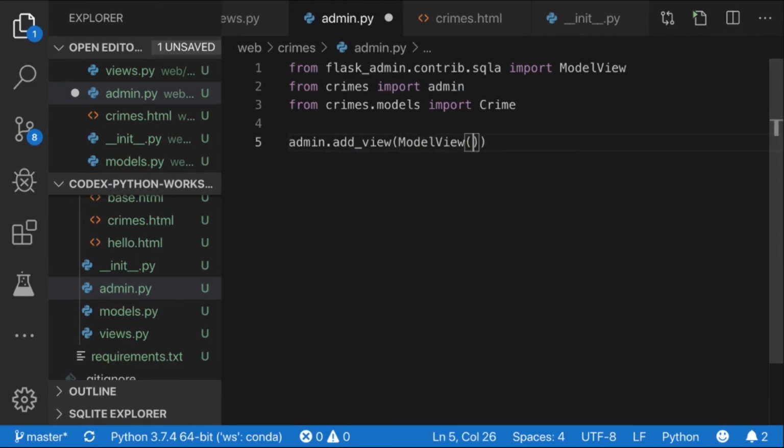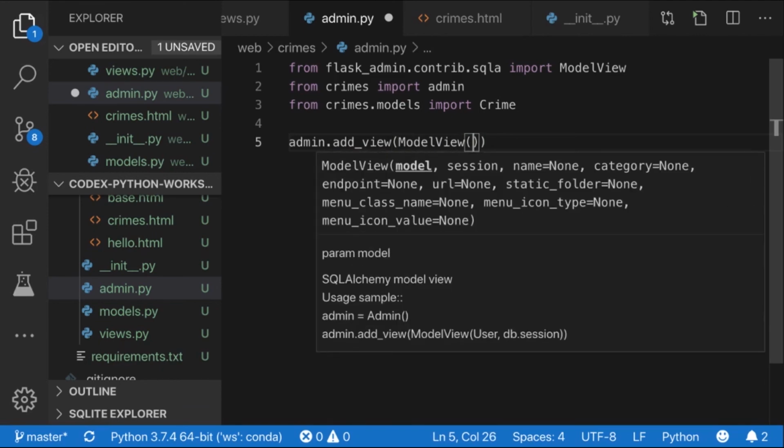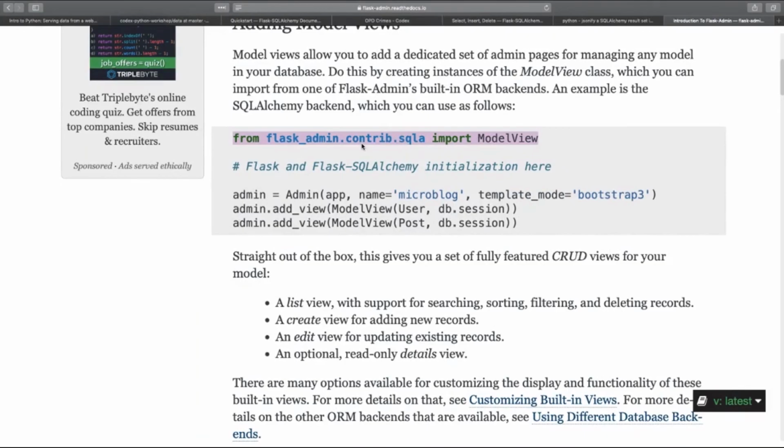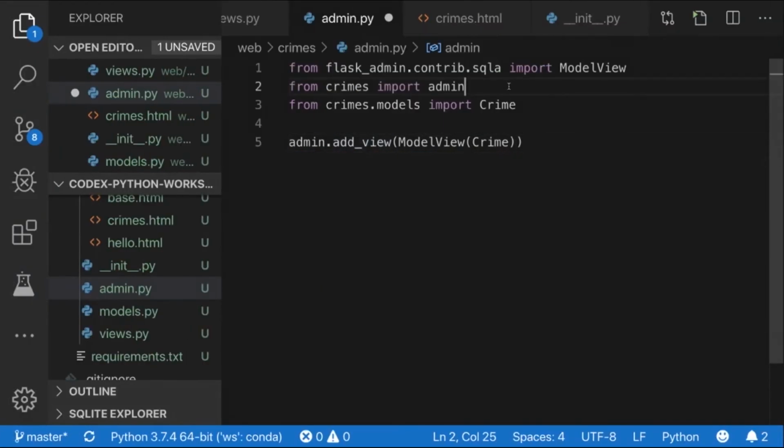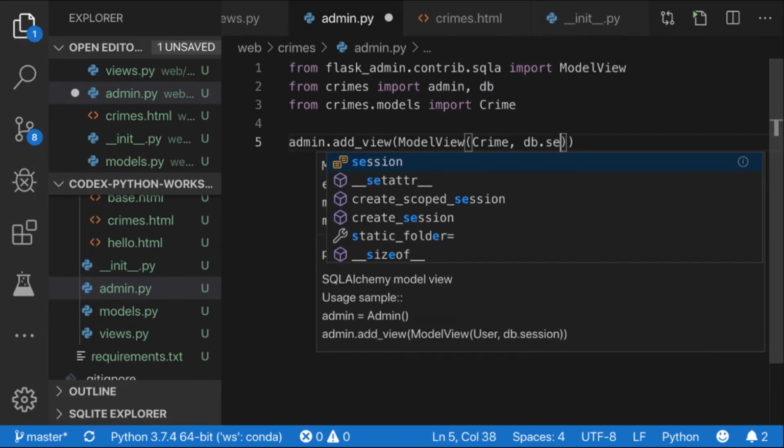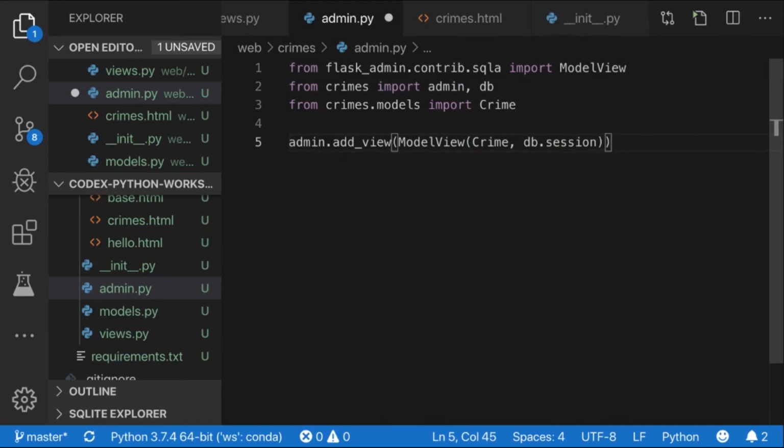We use this ModelView wrapper, and we give it our Crime object, and we're also going to need to do session so it can actually save any updates we make to it. So we just need to import db, and then we give it db.session. That's a couple of imports for one line of code there, but